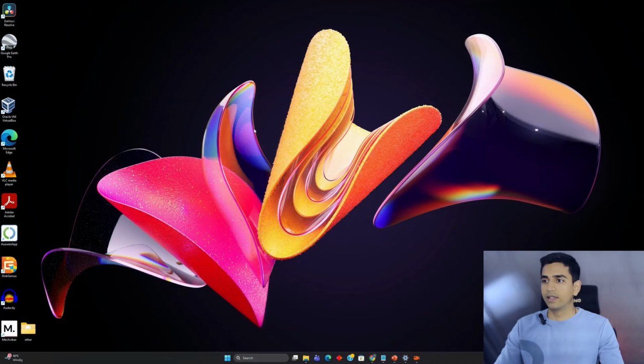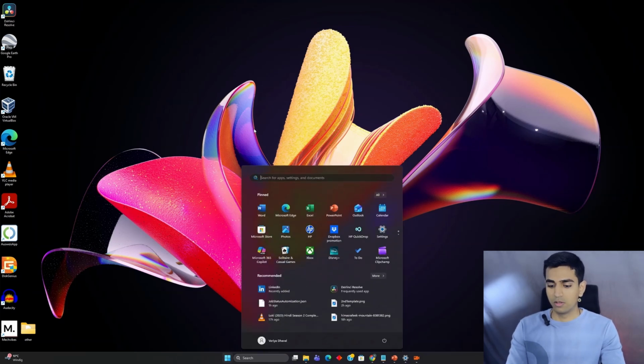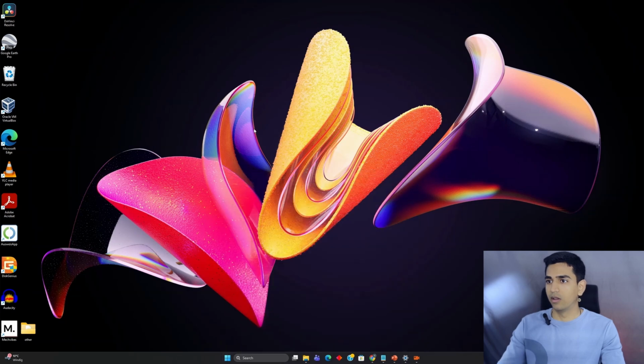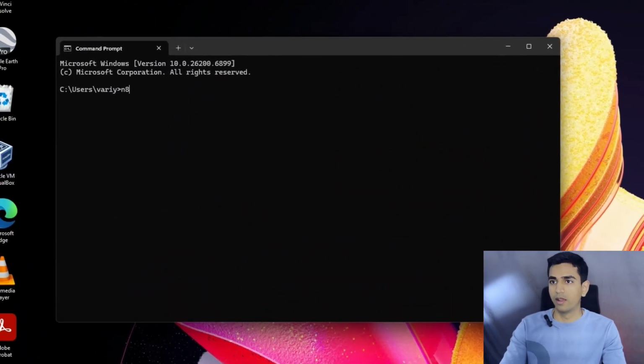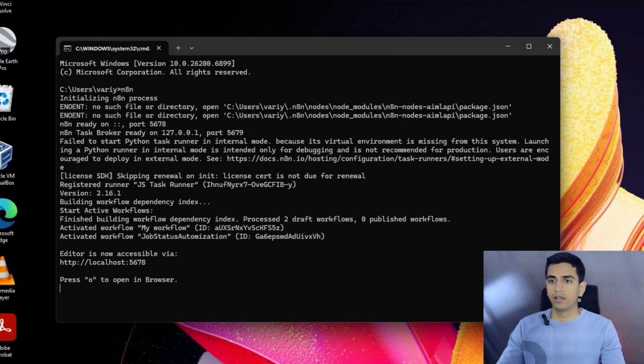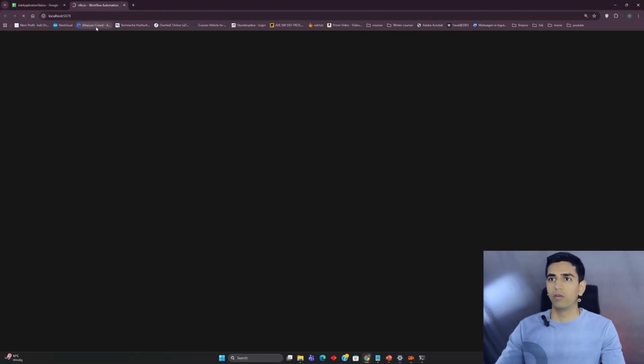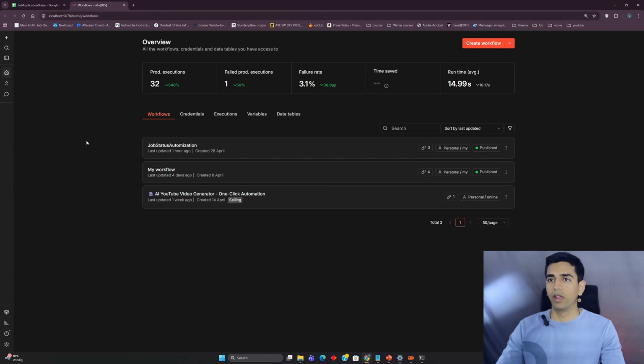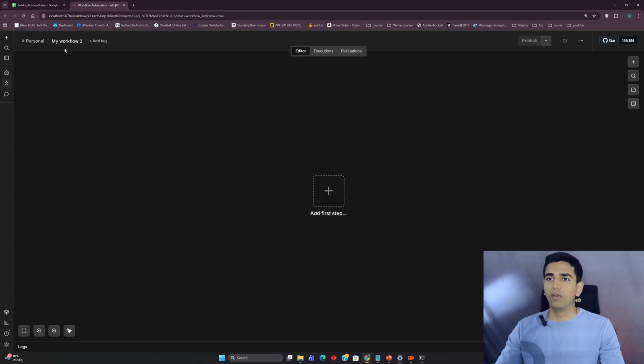So you can see my screen. Let's first start n8n. Because I'm hosting locally, I open a cmd command first and write n8n. It takes a couple of seconds. So it's ready. Now we can just press O and it will redirect to our browser and open n8n. And let's create a new workflow here. So we click on create a new workflow. We can change the name here by just clicking on it, and we give